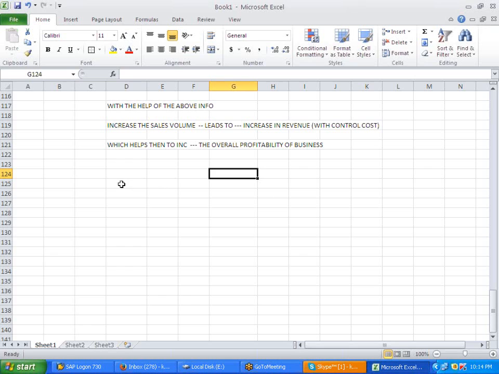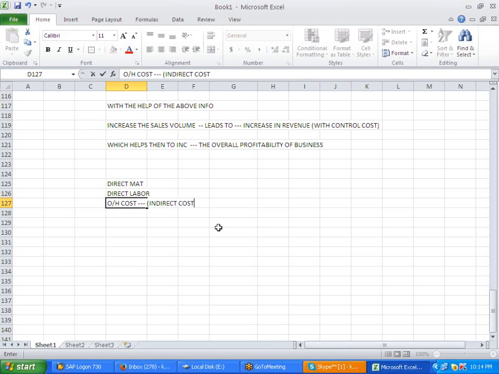We have direct material, direct labor, and another one is overhead cost. This overhead cost is nothing but your indirect cost. In SAP,